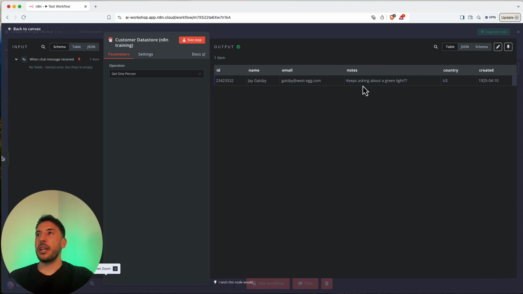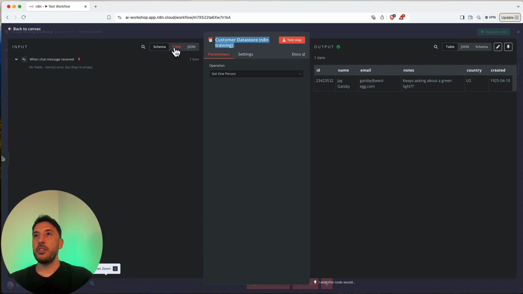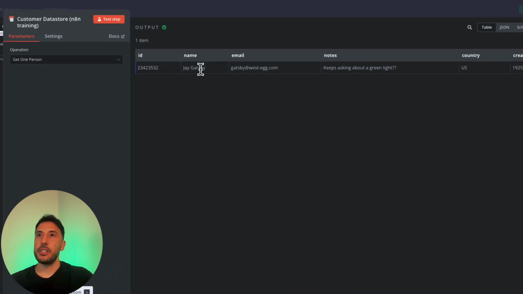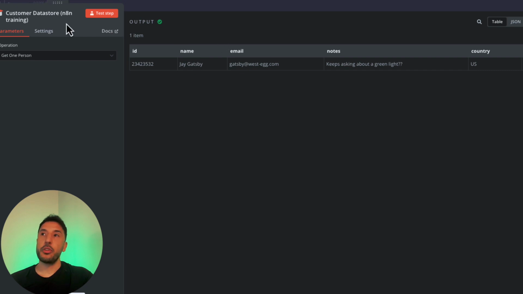So on the right hand corner here, and same thing by the way, on the right and left, you can see that there's the schema view, table view, and JSON view. So let's go ahead and take a look on the right hand side, because we have some data on our output. So this is currently our table output, meaning that this is going to show all of the data that's being outputted from this particular node in a table format, right? So it's going to give you basically the columns and the rows with the column names on top here. So I have one piece of data that came in, or one row of data that came in from this operation, or from the output of this node, and it's showing me in the table format.